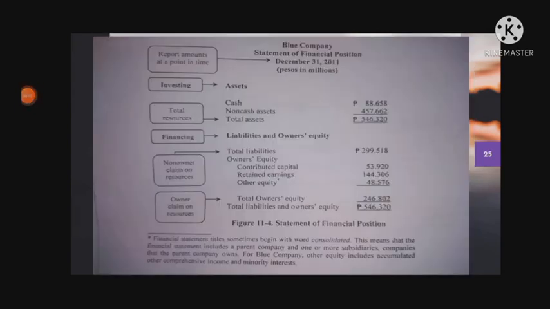Example of statement of financial position. Blue Company Statement of Financial Position, December 31, 2011. This reports amounts at a point in time. Investing is to assets. So what is investing? Investing is the act of obtaining money by building up operations or purchasing investment products such as stocks, bonds, and annuities. So under these assets are cash, non-cash assets, the total assets, and the total resources, which is under the investing. And